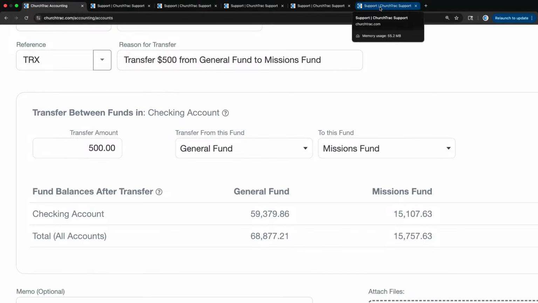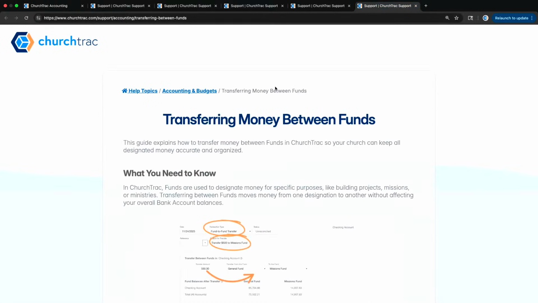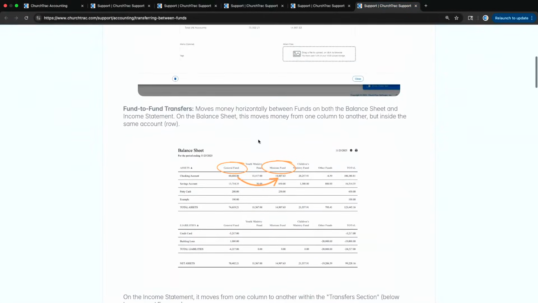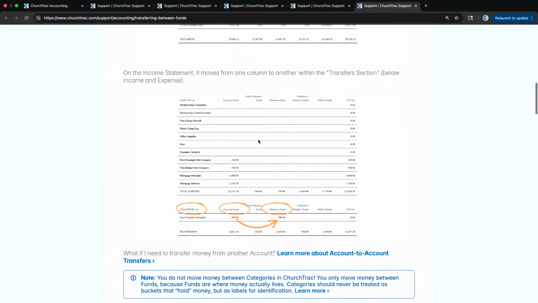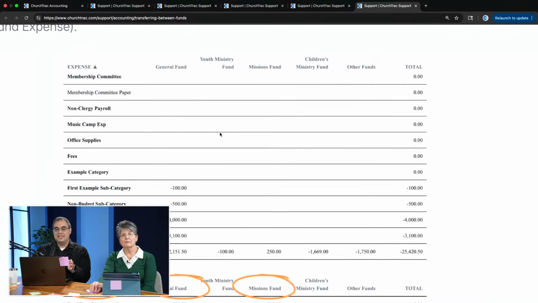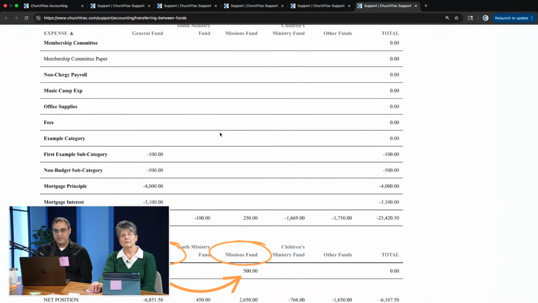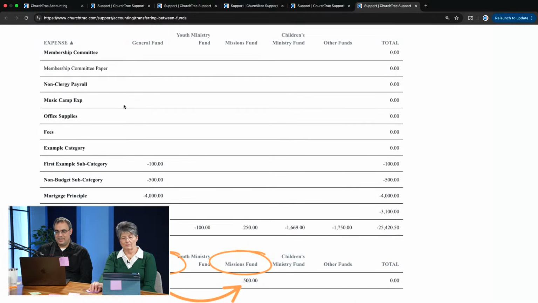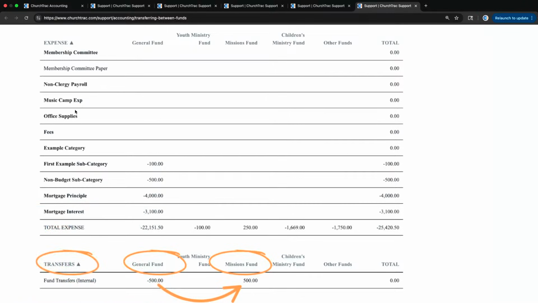But this also impacts your income statement, which is another very important report in ChurchTrac. And if we scroll down here, we're actually seeing an example income statement. A fund-to-fund transfer impacts this because it shows that the money was moved from one fund to another, but it's not really associated with a category.